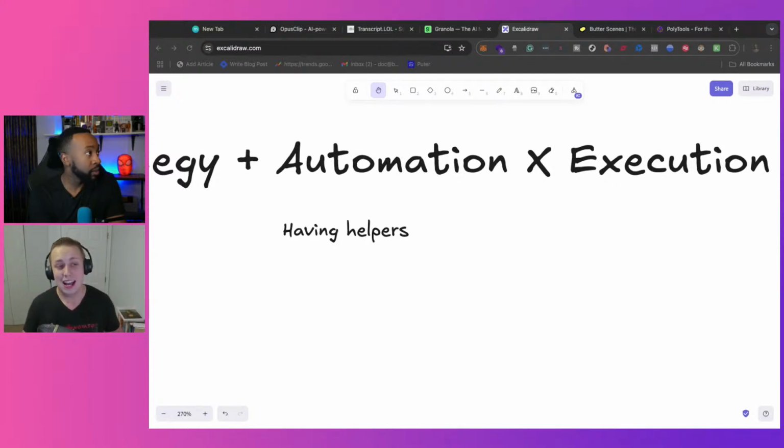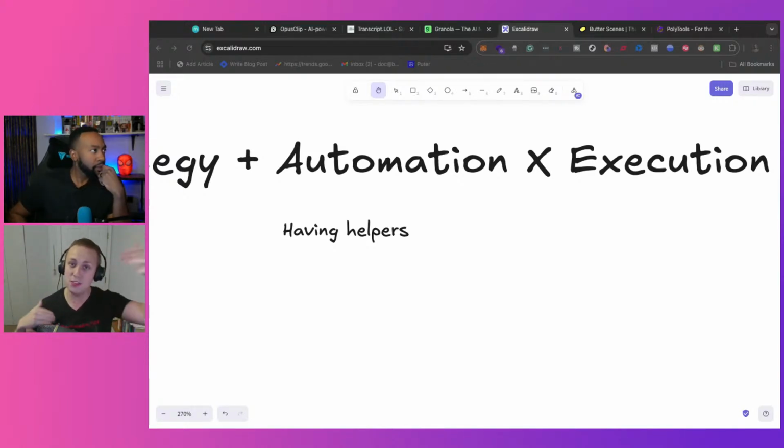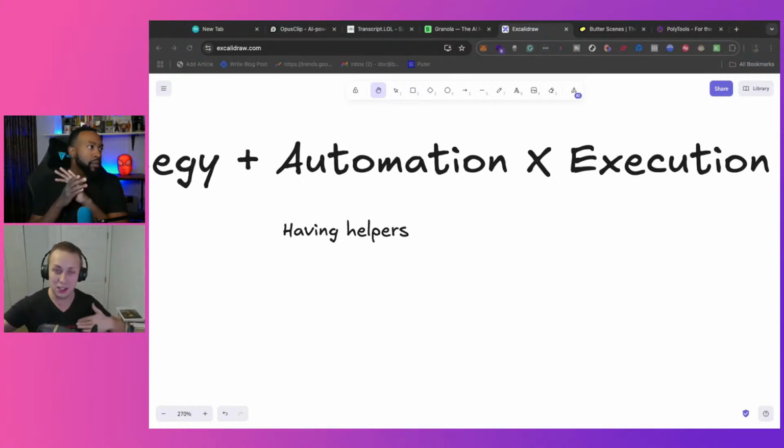Actually, I want to go on a little bit of a tangent here, because one of my fantasies when it comes to strategy and automation originated from the original Polytool strategy, where if you make a new piece of content, like a YouTube video, what's up, Clarity? When I wanted to make a YouTube video, I wanted to be able to post a tweet about it the day of, maybe in the morning, then the next day in the evening, so I get both times of day, and then a week later, then a month later, then 6 months later, then a year later.